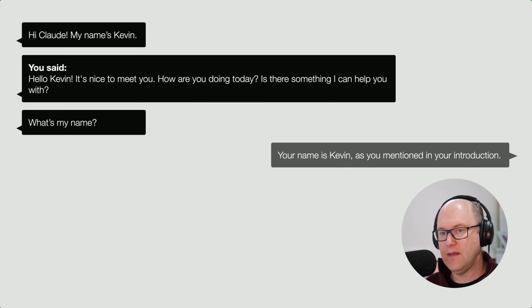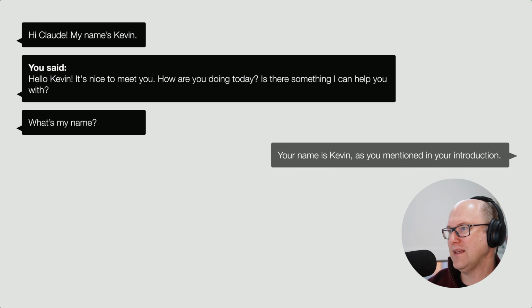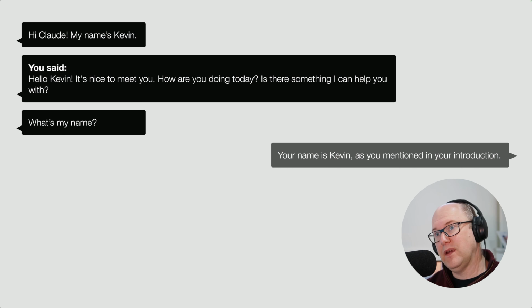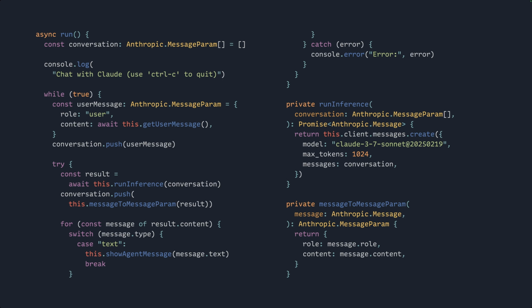This is how all LLM-powered chat experiences work. The longer you chat with them, the more context you need to send, the larger the record of the conversation so far gets every time you send it with your next message. And this is one reason why chats get more and more expensive in the number of tokens they use the longer that they run. So how do we implement this back and forth in our run function?